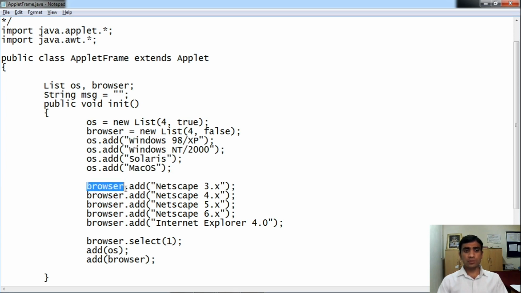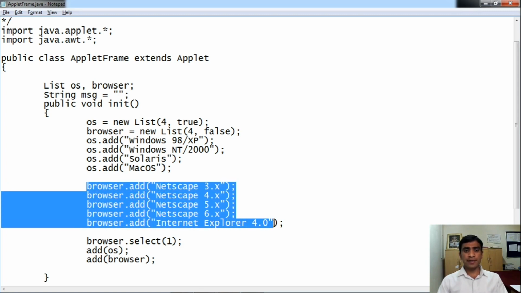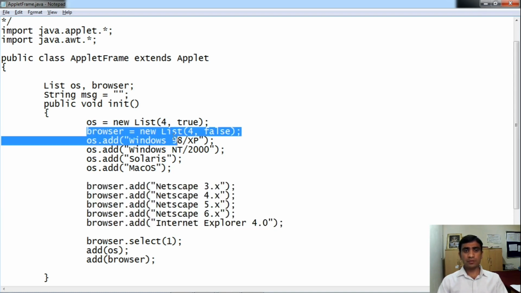Next one, browser.add. This is the second list control. Browser.add Netscape 3.x, 4.x, 5.x, 6.x, then Internet Explorer 4.0. So in the case of the browser list control, we have added 5 items, and 4 items will be visible.